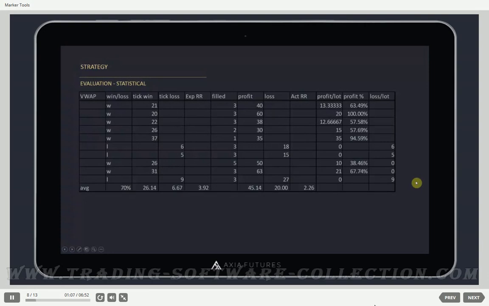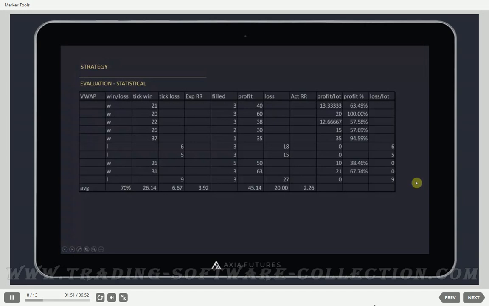So note down how many ticks you're getting when the trade works, how many you're losing when it goes offside. First thing that you're thinking here is, why have we got a 9-tick loss on what should be a 5-tick stop? This is either down to you adjusting your stop and pushing it further out to try and not get caught on it, or it could be a factor of slippage. So again, that's somewhere where you've got to come back and analyze why was the reason for the anomalous 9-tick loser. But nonetheless, taking into account the possible win and the stop, this is going to give you an expected